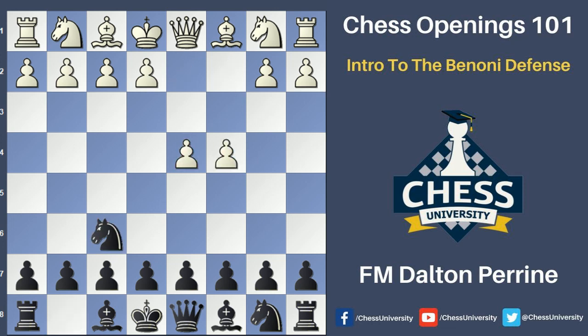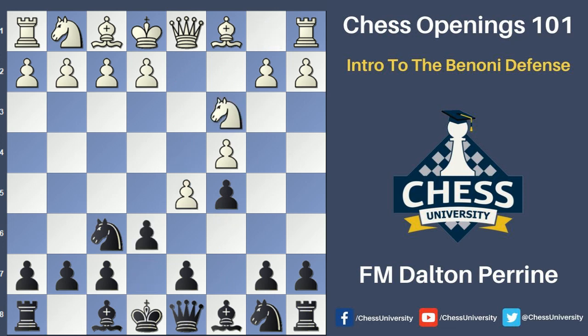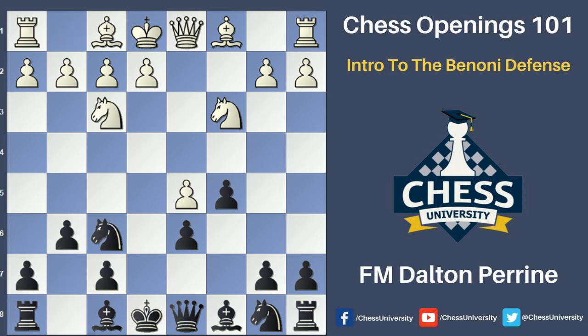d4, knight f6, c4, c5, d5, e6, knight c3, pawn takes, d6. So again, we have that same setup. And let's see how both sides continue from here. Again, the next videos will go a little more in depth. White plays knight f3. Black goes for g6 and prepares to fianchetto the bishop. White plays e4, gaining some space in the center, as well as pushing one of the pawns within his majority